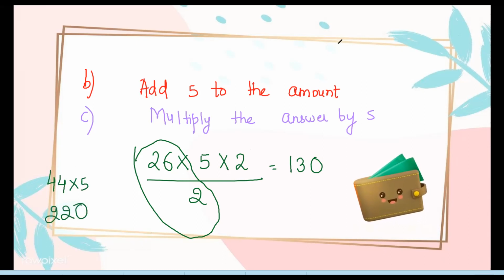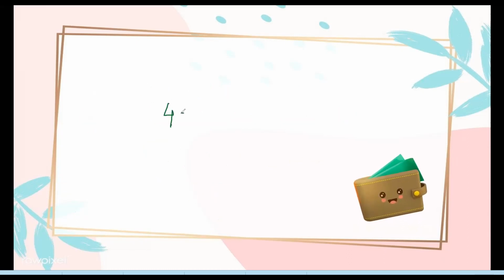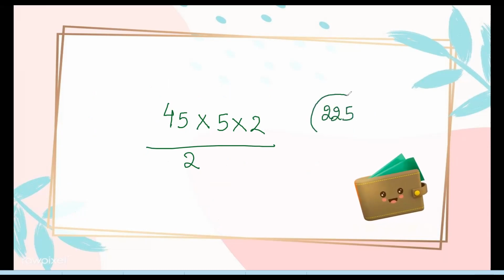You can also do this even if the number is not even. Just think, 45 divided by 2 will be what? You just have to half the number. So half of 45 is 22.5. So it will be 225, right? It's just simple, right? So you can teach your children to multiply by 5 this way, so that they will understand.